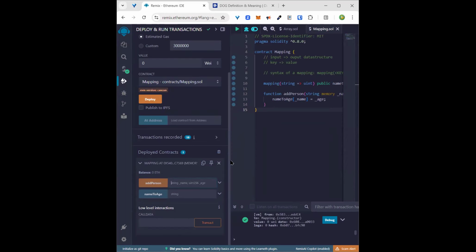Okay. So let's try adding a person. I'll just use the influential figures list that I have from earlier. Vitalik Buterin, 30. Taylor Swift, 34. And Elon Musk, 53. So now if we want to find the age of an influential figure, we just have to input their